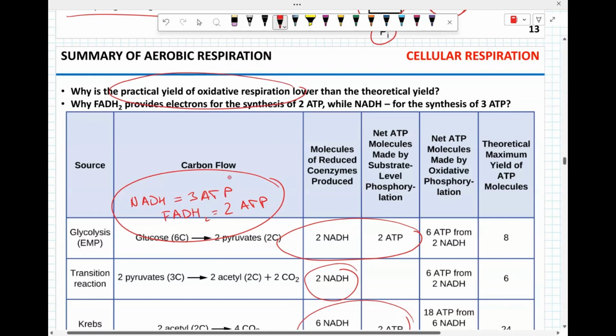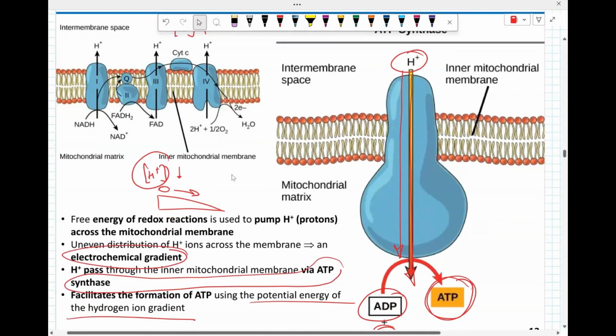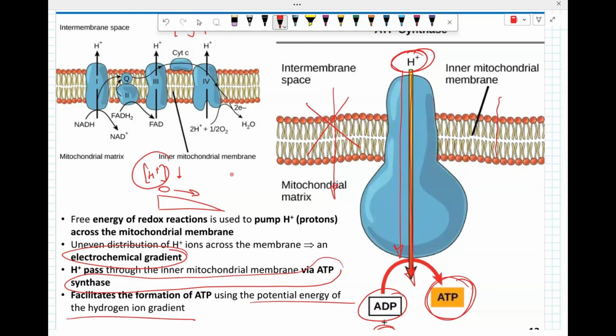There are several reasons for that. One, probably the biggest reason, is that we mentioned that hydrogen ions, since they are positively charged ions, can't cross the membrane directly, the inner membrane of mitochondria. But it's not entirely true. There are some hydrogen ions that manage to leak out from the intermembrane space, they cross the inner mitochondrial membrane and go back into the matrix, bypassing